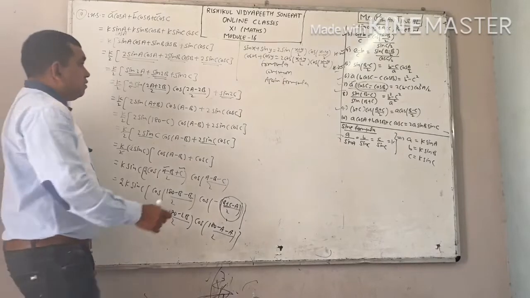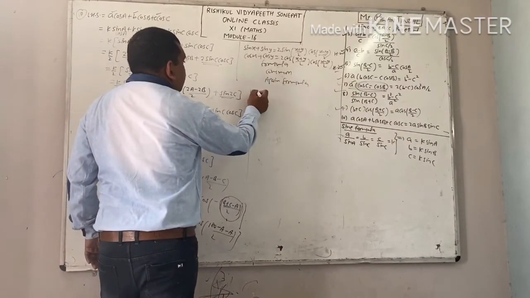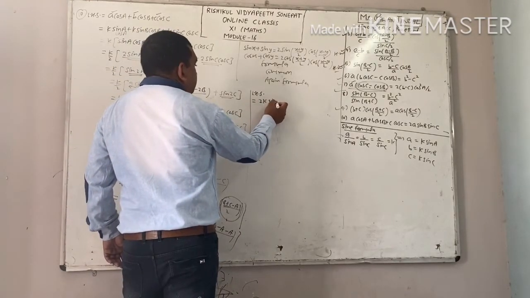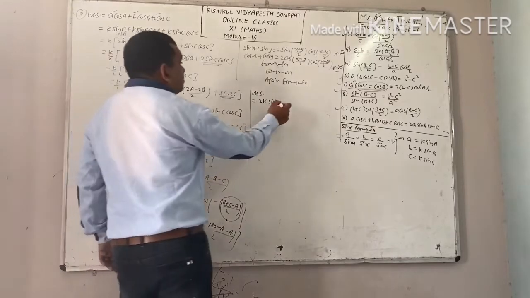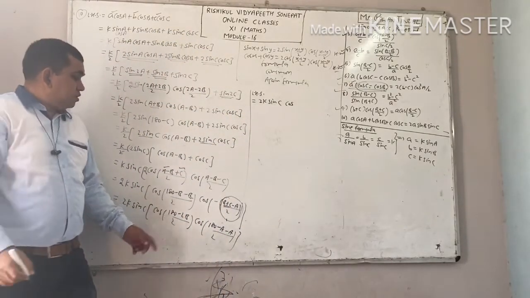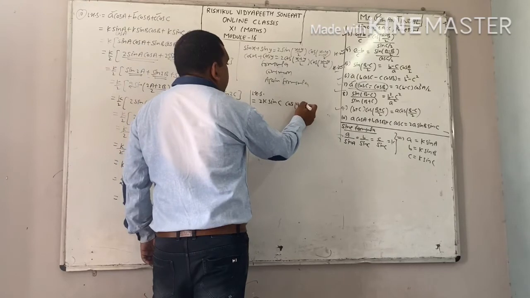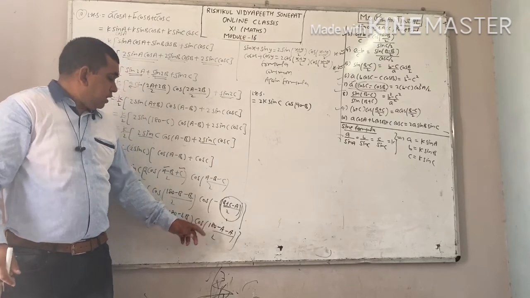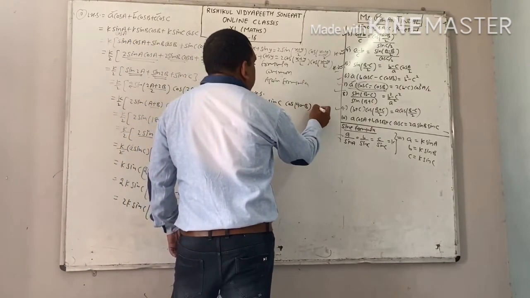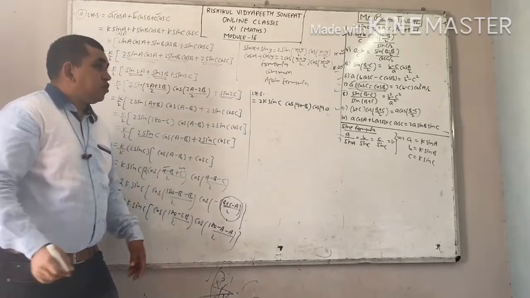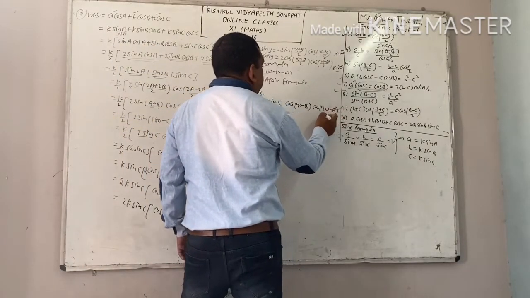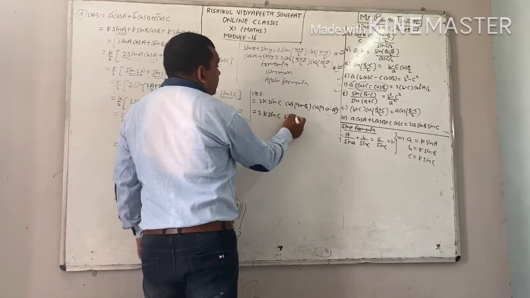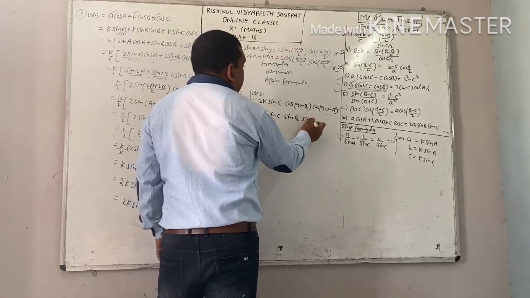Right. Now see here, what is your left hand side? This is your 2k sin C cos of 180 by 2, which is 90, cos (90 minus B). See here, this is your (180 minus 2A) upon 2. 180 by 2 is 90, minus 2A upon 2 is minus A, cos (90 minus A). You will get 2k sin C cos (90 minus B), this is your sin B. Cos (90 minus A), this is your sin A.